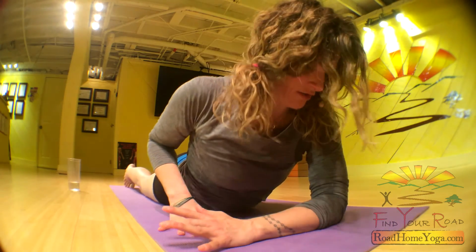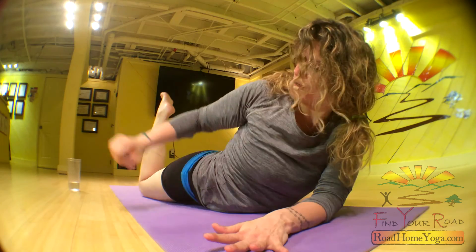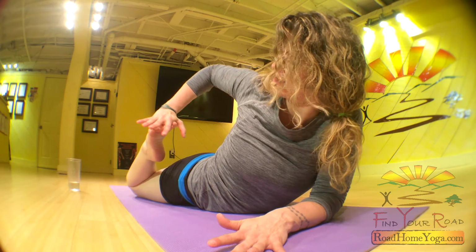Now I want you to bring your left arm out in front of you. And I want you to take your right foot behind you. I want you, if possible, to turn that right hand on the top of the foot, fingers face forward. You're going to bring your right foot outside your right hip. You're going to try to press down